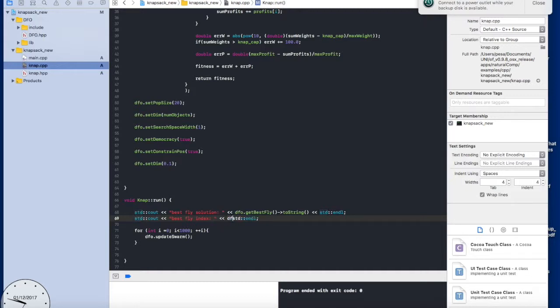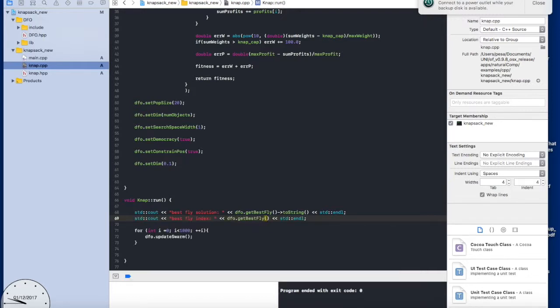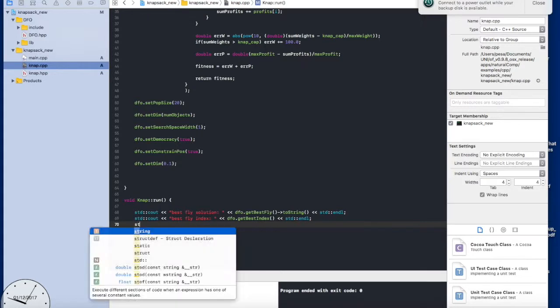and we're going to get dfo dot, what are we gonna do? We're gonna do dfo dot get best fly dot get, what are we gonna do? We're gonna do get, you know what, actually I think there is a get best fly index. Yeah, there is. Good. So we've got fly,